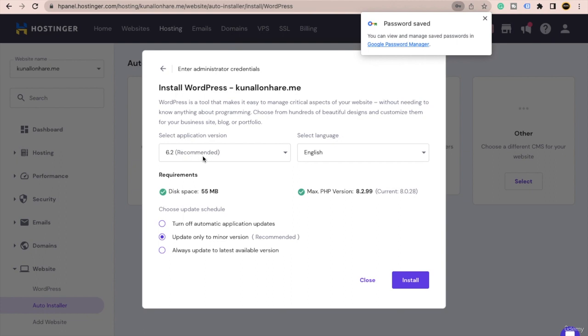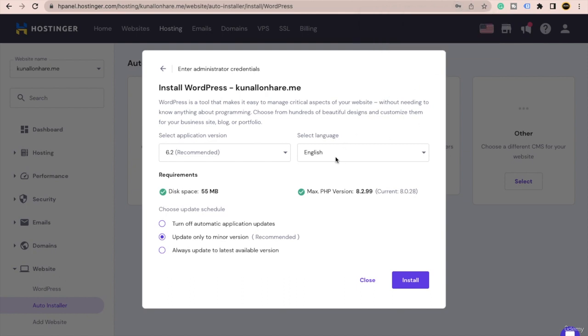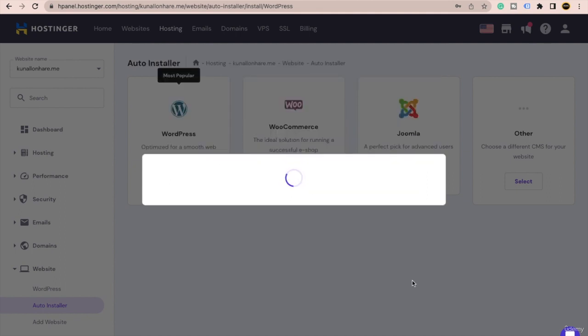Then you don't have to do anything here either. Keep the details by default, and select the language to English or whatever you want. It's totally up to you, of course. And after you do this, just click on this install button, and now your WordPress will be installed successfully